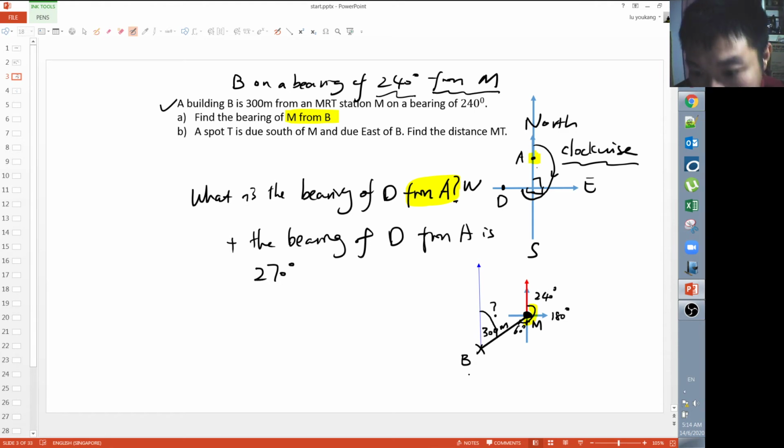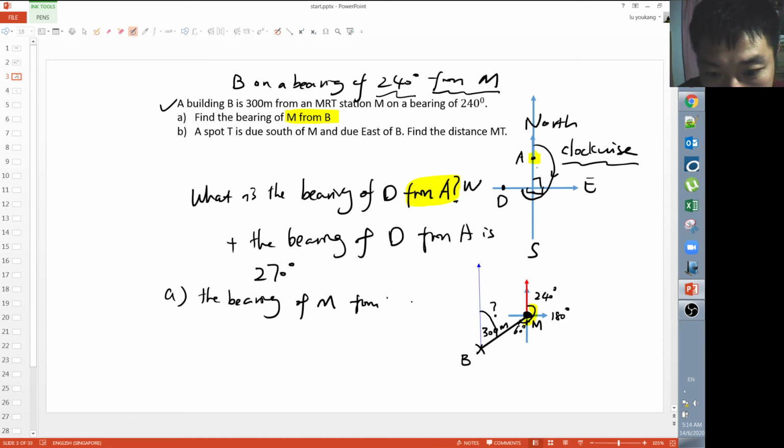Okay. So over here, you can actually find out part A. So the bearing of M from B is actually 60 degrees. Do you know what's the reason? The reason is you're making use of parallel lines,